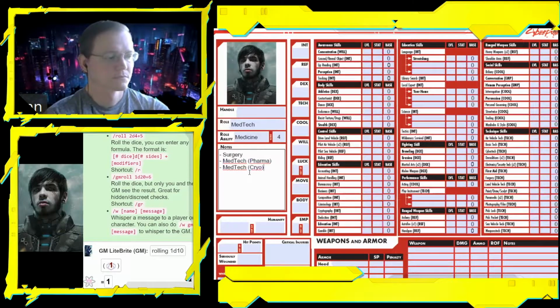So I'm at rank 4, so I'll have 4 points to allocate. So I'm going to go ahead and allocate 2 points to surgery, and I will allocate 2 points to pharmaceuticals, and I'm not going to allocate anything to cryosystems. So take that away. More specifically, by adding the 2 points to surgery, for every rank in surgery, I gain a new skill, the surgery skill, at...